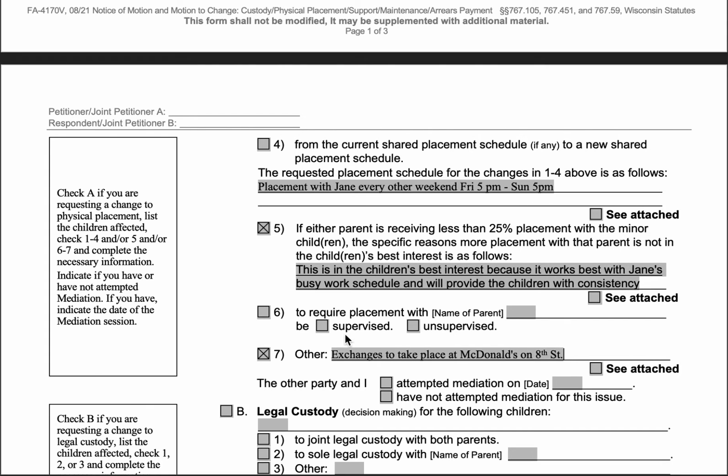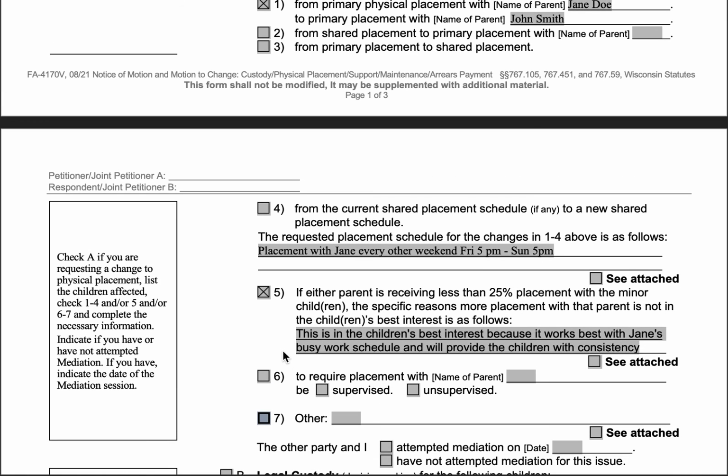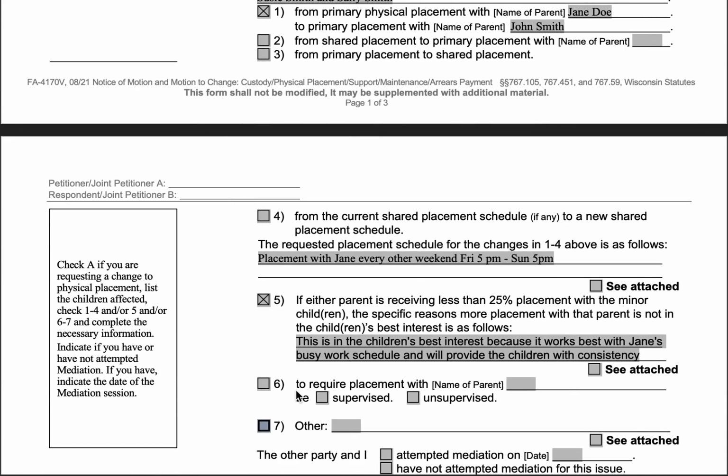Or sometimes if there's a restraining order between the parties, they want to indicate how a third party, maternal grandmother, will take the child to and from placement. Just kind of whatever you want to propose that didn't fit into those other categories. For a lot of folks, you won't have anything for number 7, and that's totally fine. You'll just leave it blank. But it's just kind of a catch-all if the thing you're asking for didn't fit into any of those categories above.